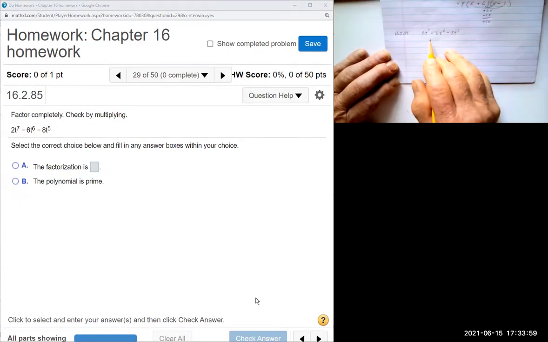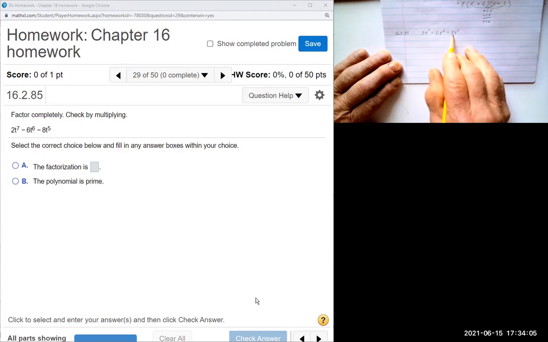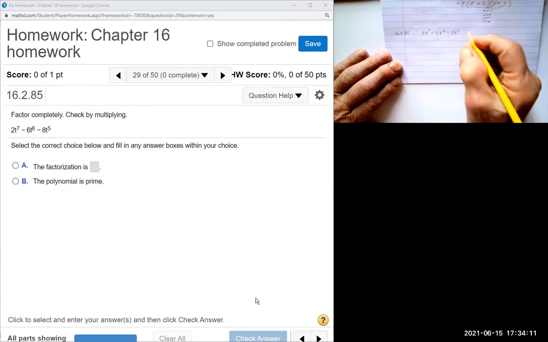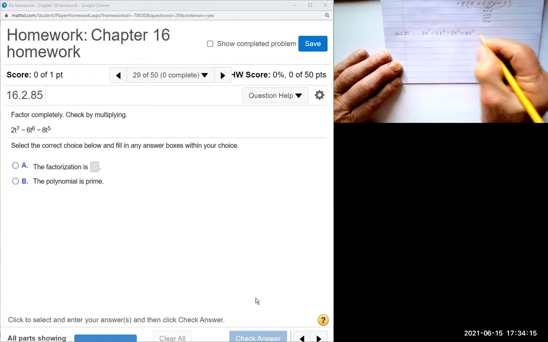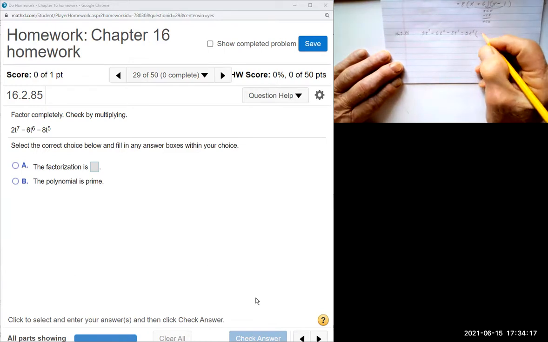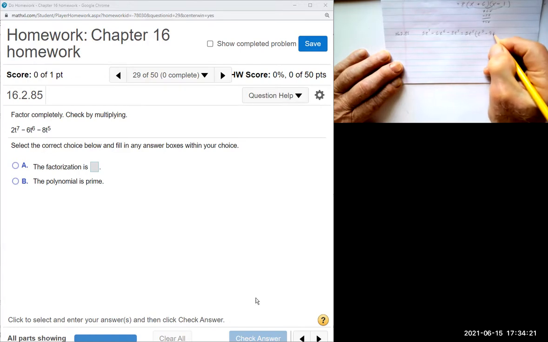We would like to factor this trinomial. Again, there is a common factor. 2 is the most that's common to all three terms. And looking at the t's, the most that is common is t to the 5th. So we're going to pull out 2t to the 5th from each of the three terms. We're left with t squared minus 3t